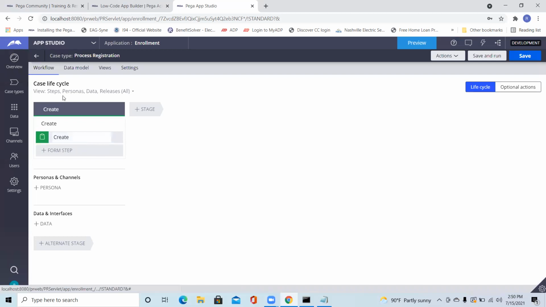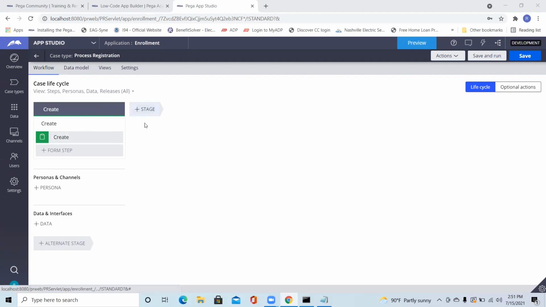Okay. So see, once you create your case type, it is a rule where we provide the information on how the case will look and how the flow will go from one stage to another.